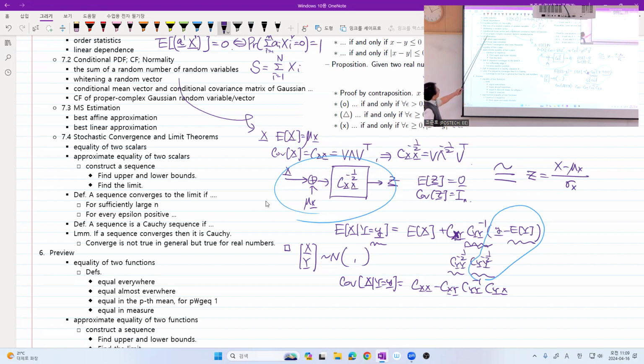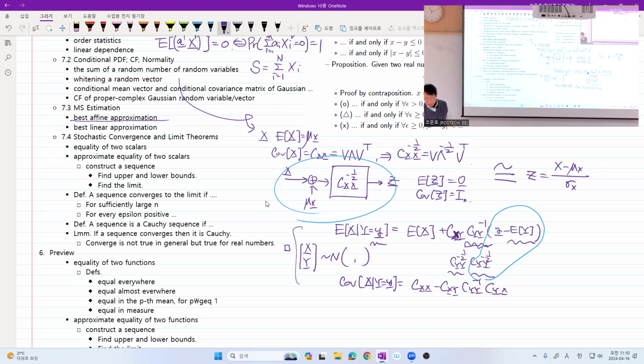And I also mentioned the importance of the characteristic function of proper complex Gaussian random variables and vectors. In general, it's very complicated to have the characteristic function of an improper complex Gaussian random vector, but in the proper case, it's very simple. The third topic was mean square estimation, and surprisingly, the best affine approximation had the same